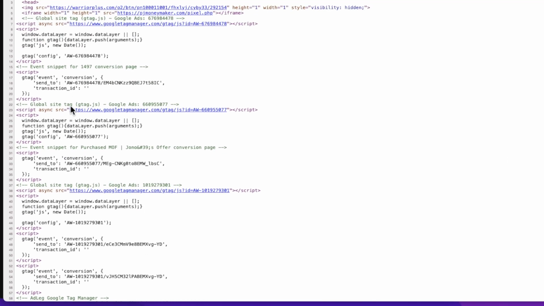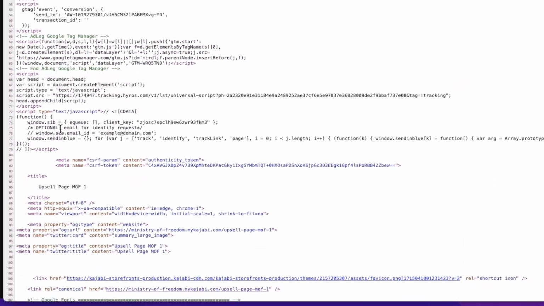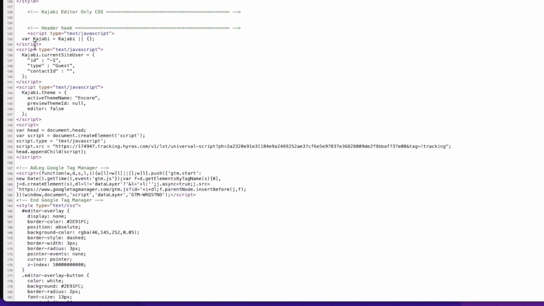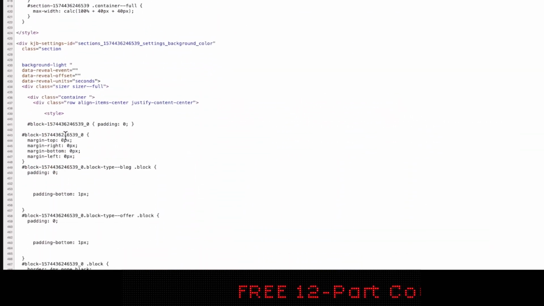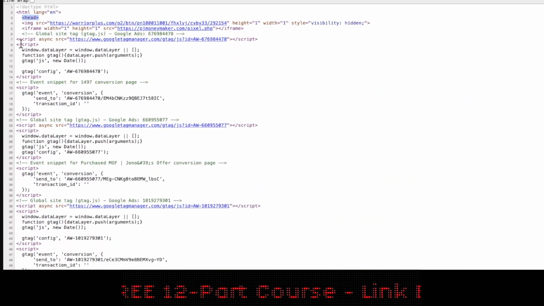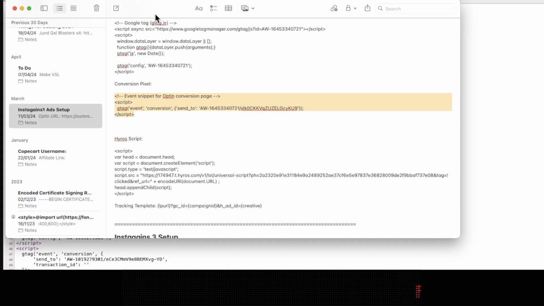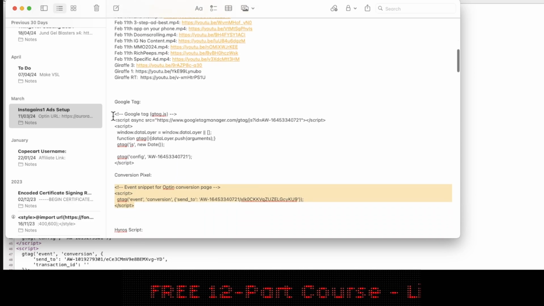You need to make sure that you have it in between this first head tag, and then there's going to be another head tag further down. It can get a little bit confusing, because this is all script tags and stuff like that, but basically it needs to be in between those two head tags, and then you would re-upload it up to your server. Okay, so as long as you have these pixels in this notepad